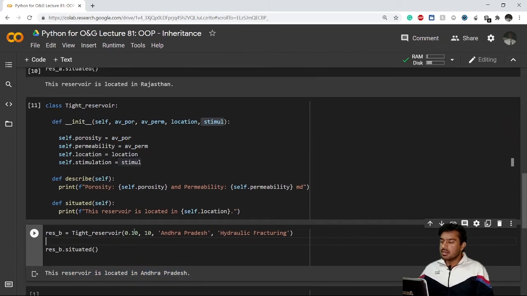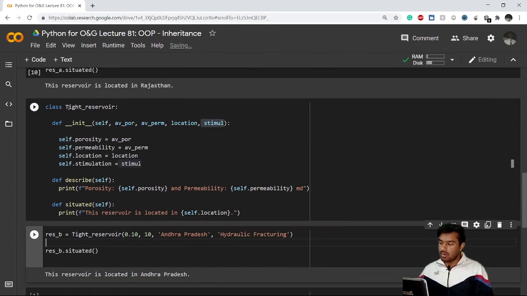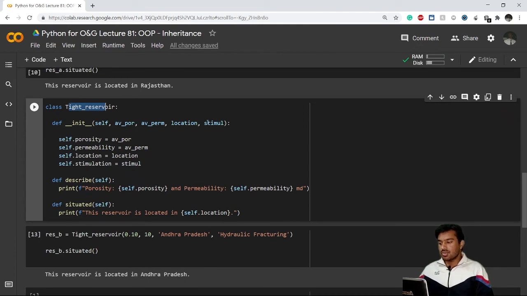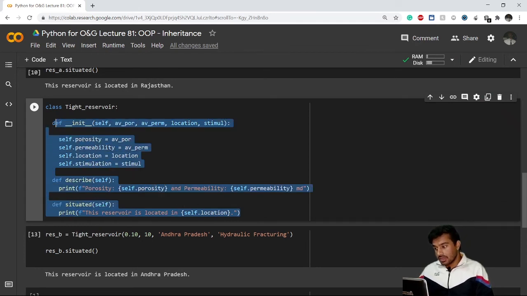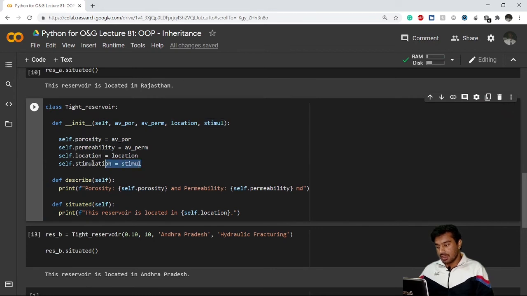Great, but see, we have created this whole new class just for this additional attribute. We had written this whole long code, basically we have just copied all the code again, just to add this line and this variable stimul. So it is consuming more and more time and more memory.